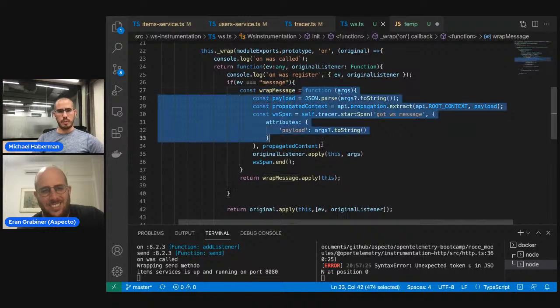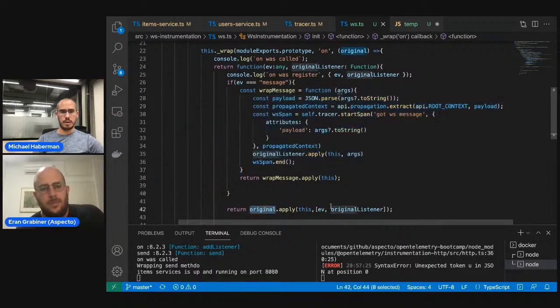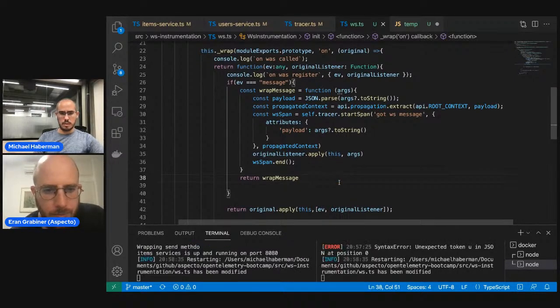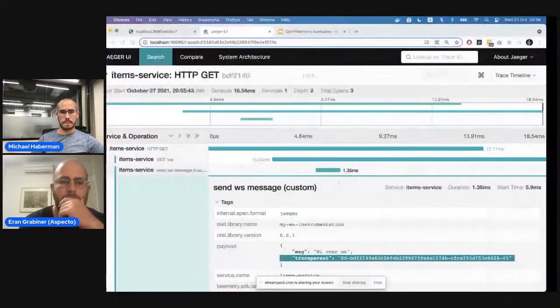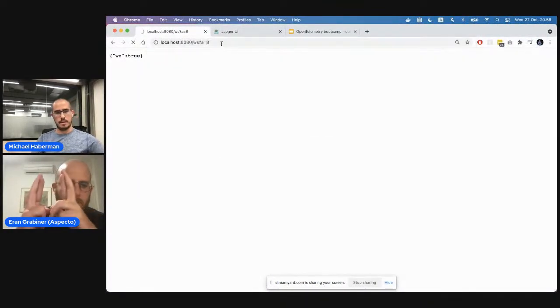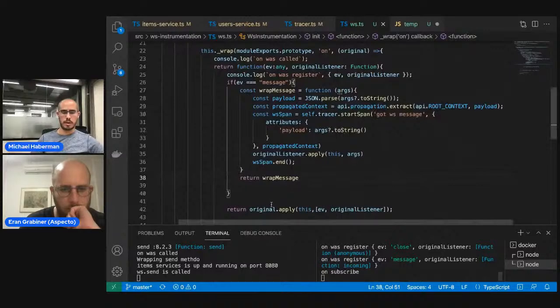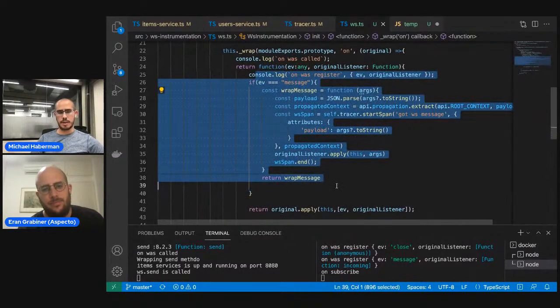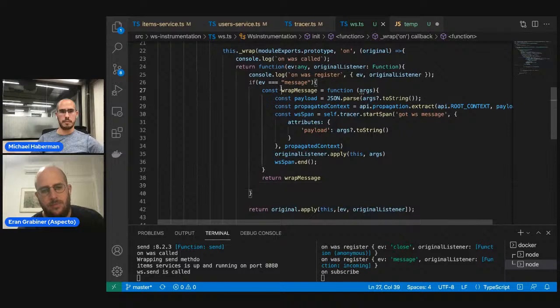So the problem is that we created a new function. That's exactly what we wanted to happen, and we need to call this function, but for some reason it's not being called. One last try. Okay. Let's see if it's working. No, it's not working. So I made some mistake here, but overall, what's happening here is that we are creating